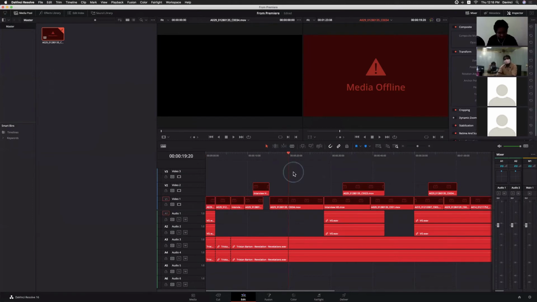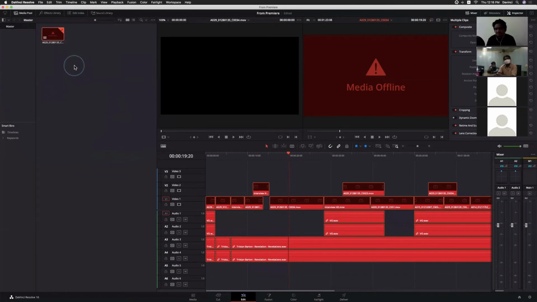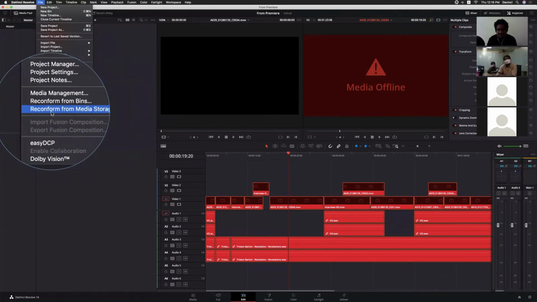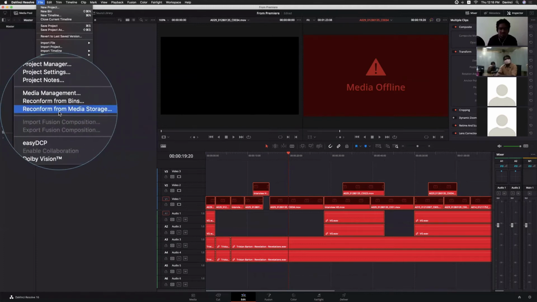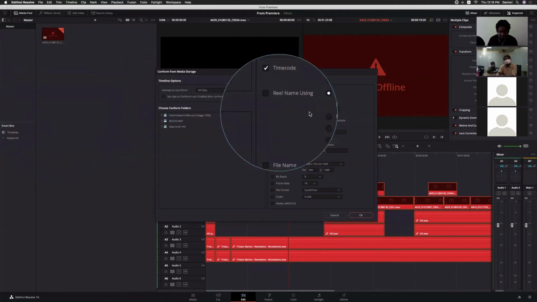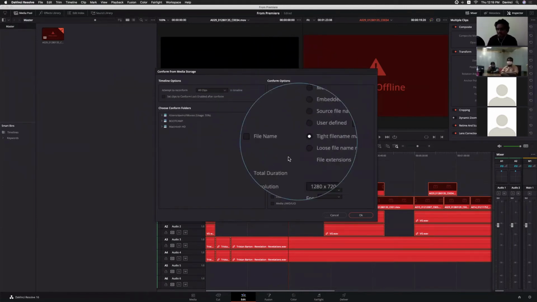Right. Now select the clips, go to File. We know we don't have any clips in our bins, right? We did not add anything into our media pool. If you know the media and everything, you can import and select the particular bin. But instead of that, what I'm doing, go to File, reconfirm from media storage, use this option, select this. Now you can see most of the options. By seeing them, you can understand which option you need to use.